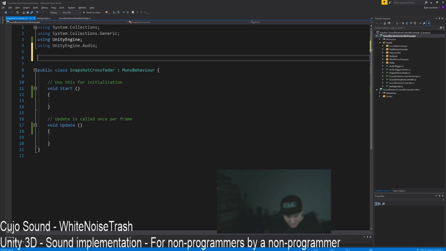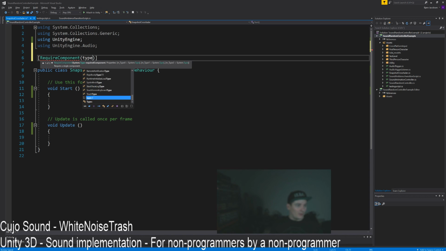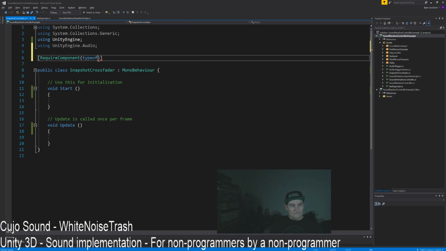So we are going to require component type of BoxCollider. You can also here after the parenthesis say comma and then say type of AudioMixer, because we